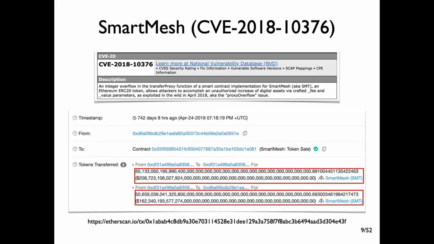To motivate our work better, I will show a real-world accident that happened in April 2018. As shown in the red box, an attacker exploited the overflow vulnerability in the SmartMesh token contract and succeeded in creating huge amounts of tokens illegally.